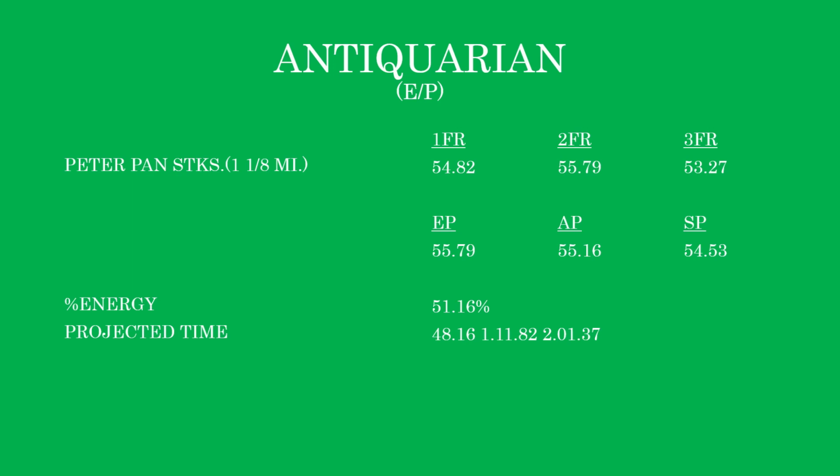And as we know from the Derby, horses that get over a 53 coming into a mile and a quarter, usually it means that they're going to get the distance without a problem, and I don't think that's going to be an issue at all for Antiquarian. You do see that the percentage energy is about right for a stalker, so he's running efficiently, and you have to like that. These are really nice pace fractions,